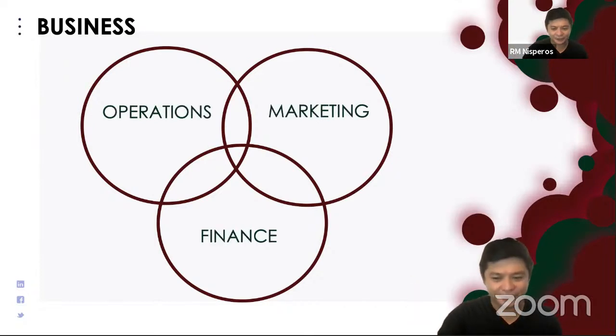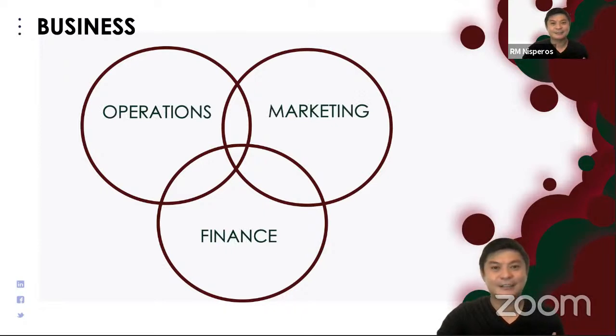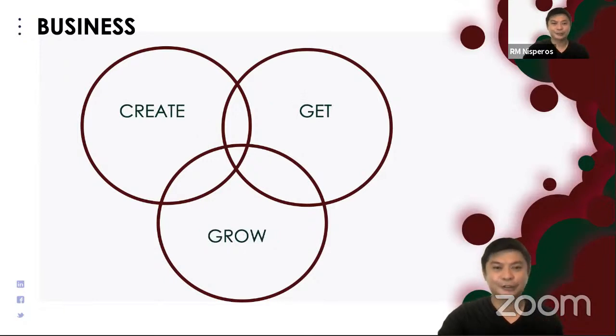In the definition, those two, getting value, creation of value, and growing your business, is basically the definition of the three basic functions of a business. First, getting value is the simplest definition of marketing. You get value from your customers, and that's through the revenue that you'd get by offering them your products and services. Operations is creation of that value, and that value is derived from the tool you'll be using, which are your products and services. So that's the creation.